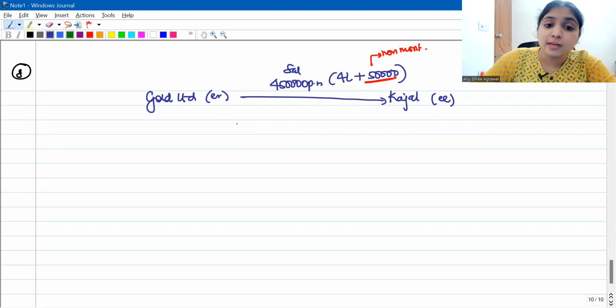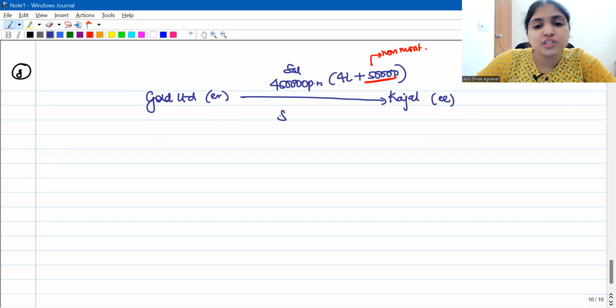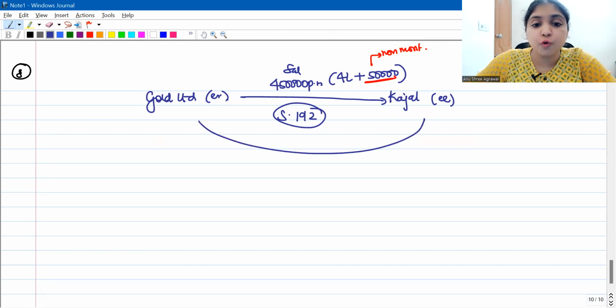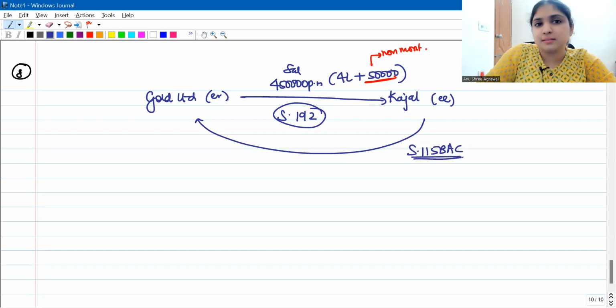Now, the employer is giving salary to the employee. They're asking how much TDS should the employer deduct. Obviously, TDS on salary, which section comes to your mind? Section 192 will come to your mind. Section 192 deducts tax on the basis of normal usual slab rates, but if the employee informs employer that he is going to follow section 115 BAC, then applying 115 BAC, the tax will be calculated. So Kajal has informed Gold Limited that she wants to follow 115 BAC, the concessional tax rate section. So that's what we will apply.